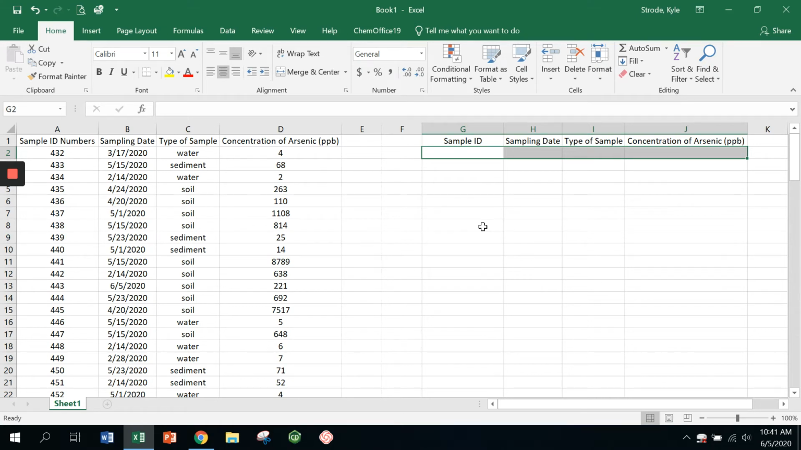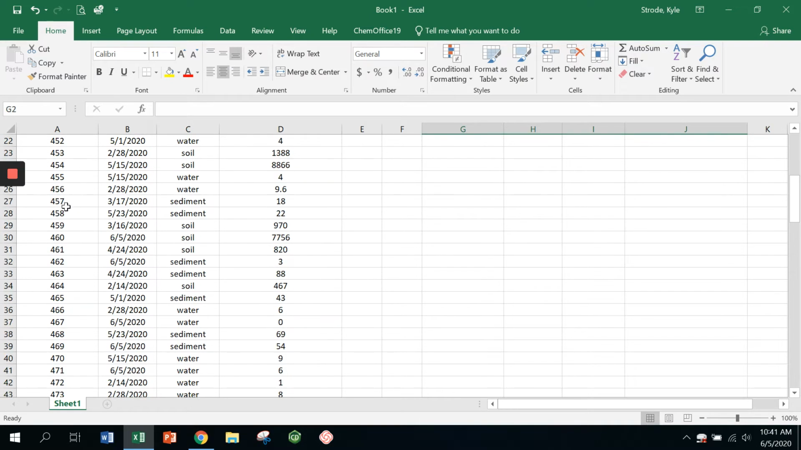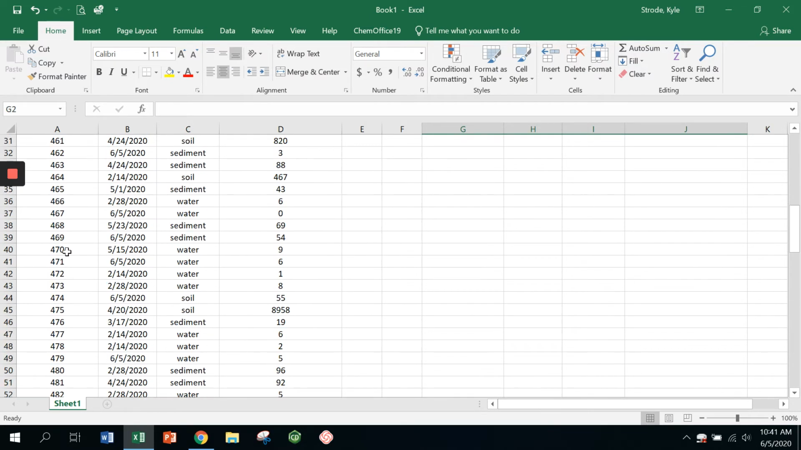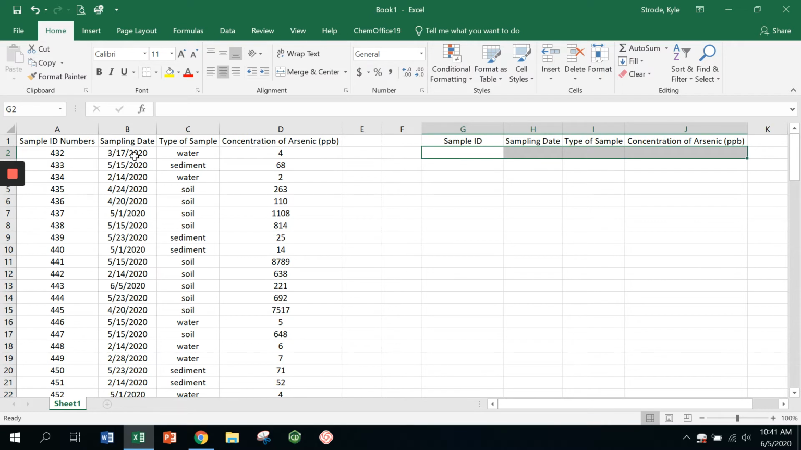This quick video will show you how to use the vlookup function in Excel. You can see that I have an Excel data sheet with a number of sample ID numbers. Perhaps these are samples for analysis. Next to the sample ID numbers, I've got sampling dates where each of the samples were taken. I've got the type of sample, water, sediment, or soil, and then I have the concentration of arsenic in each